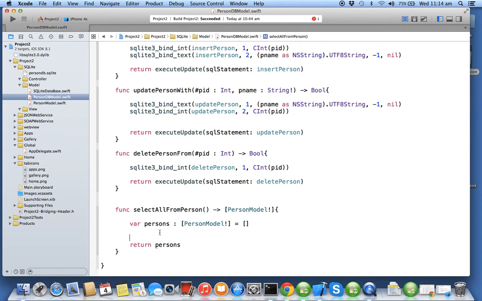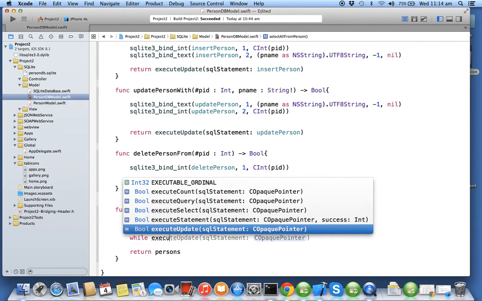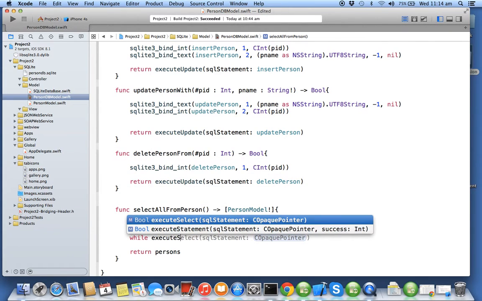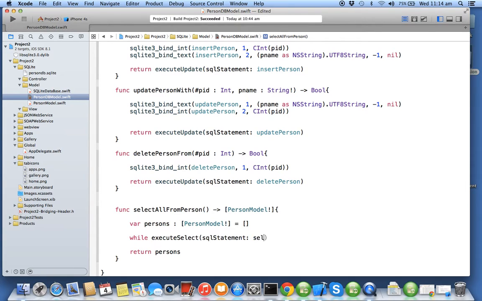Now we'll be executing the select query in a while loop, because till it gets the row, it needs to get executed again and again. So I'll say while execute select, and I'll pass the select query. Depending on the number of rows present for that query, that many times the while loop gets executed. And in every while loop, you need to create an object of person model,